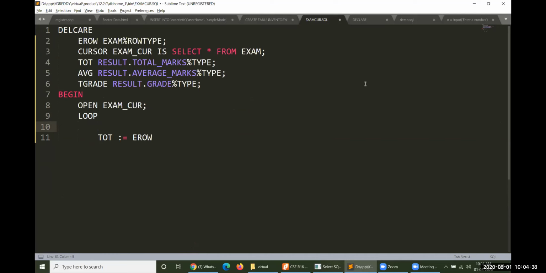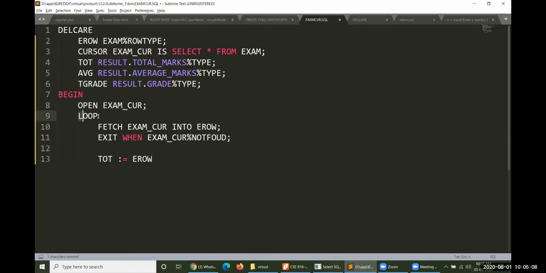Fetch EXAMCUR into EROW, and you need to check exit when EXAM cursor not found. These two statements must be taken first.